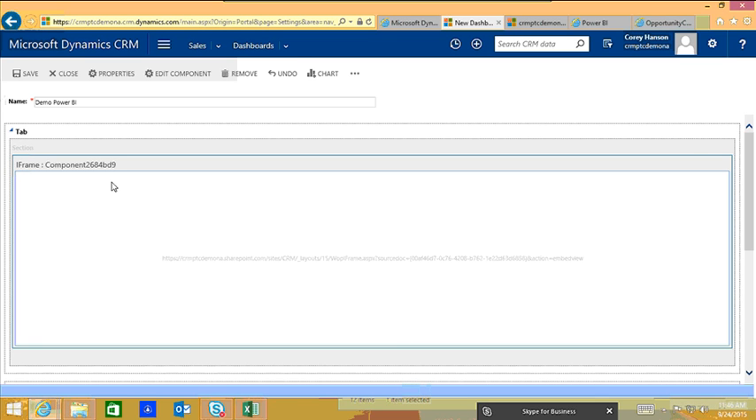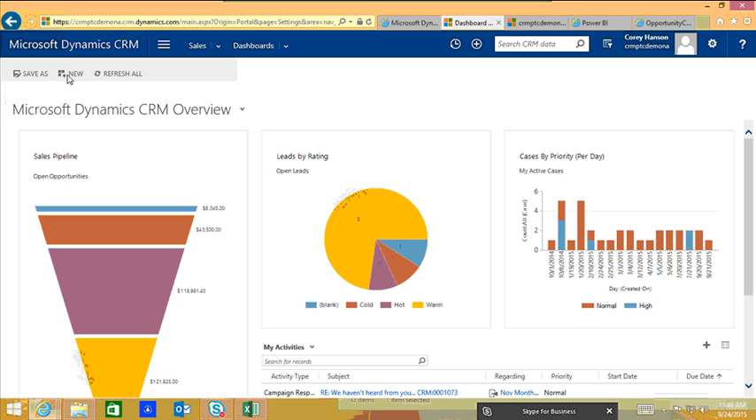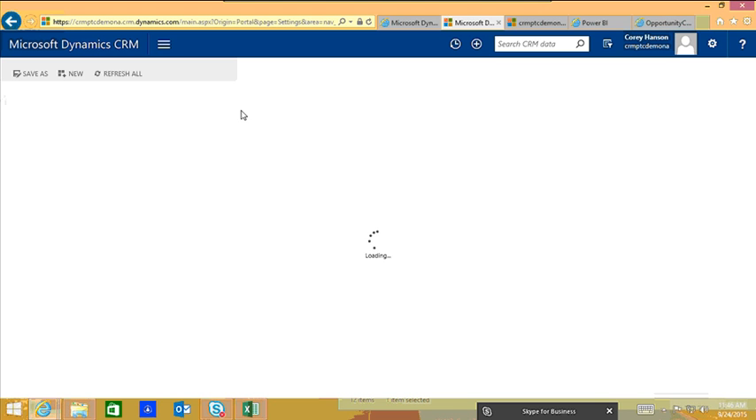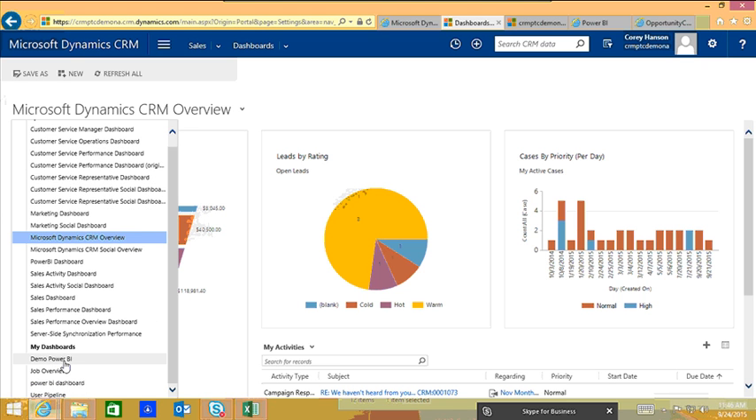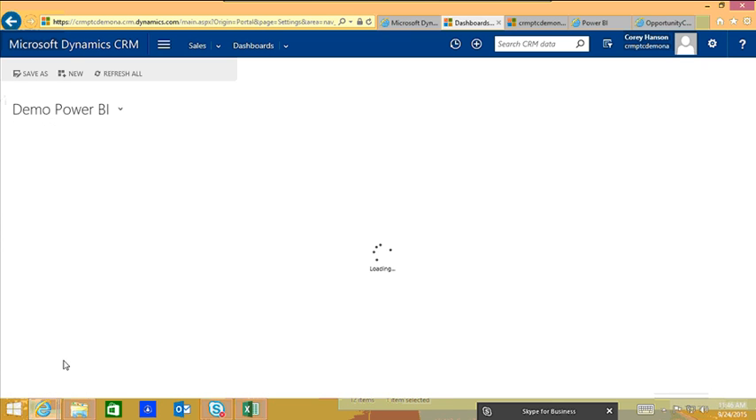And then with that selected, I can go ahead and hit Save and Close. I'm just doing a personal dashboard right now. You could do a system dashboard so everyone is able to see it. But I'm just going to refresh here so it gets in my list of dashboards that get refreshed. And so now I come down here. I have the demo Power BI. I can click on that. And that should then load up that Power BI